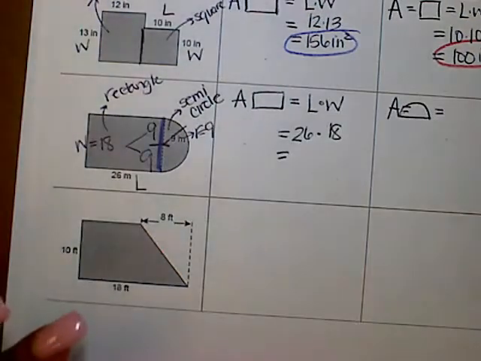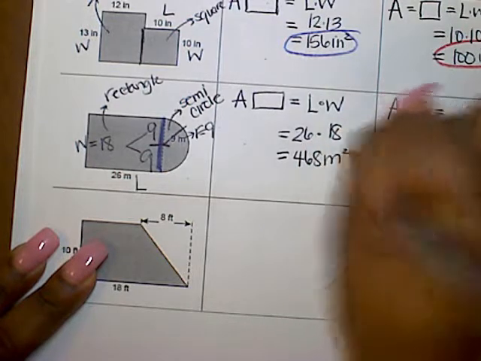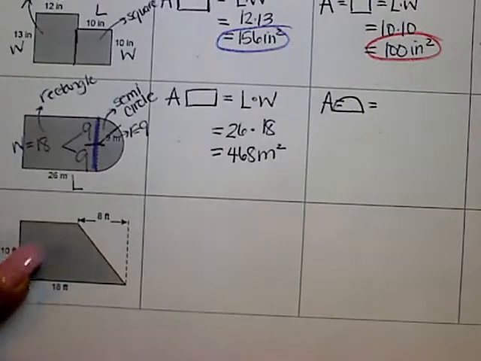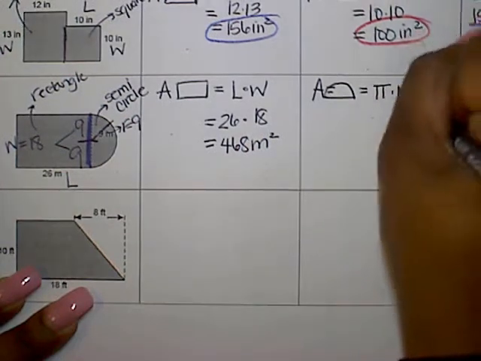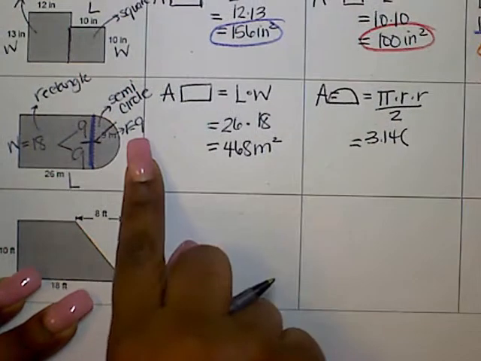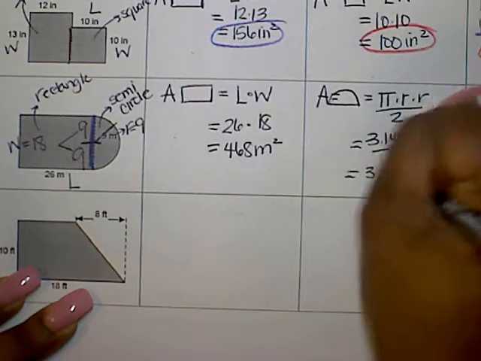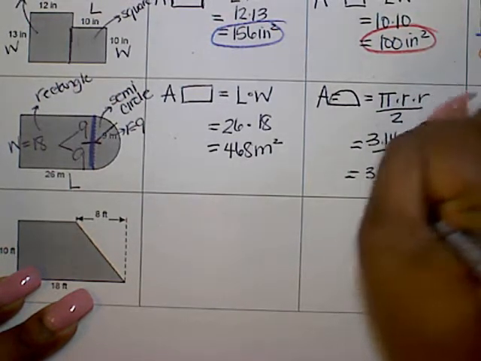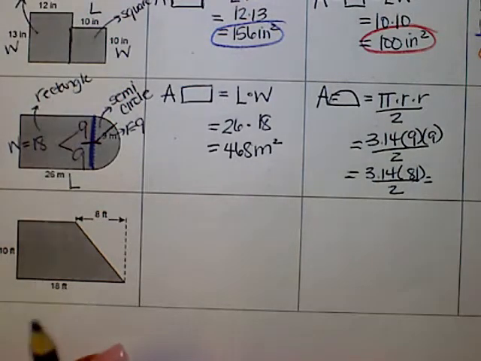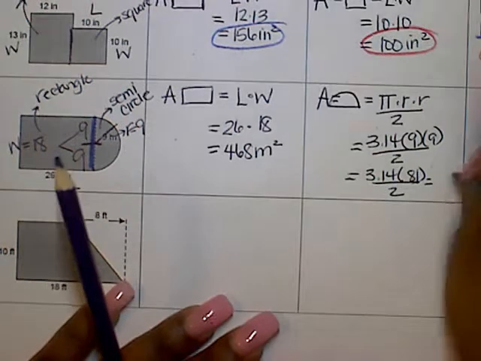And then we're just going to multiply that together. When we do that, we get 468 meters squared. And then we're going to do our formula for the semicircle. Pi times r times r. Remember, it's half of a regular circle, so we divide by 2. We have 3.14. Remember, r is 9. We have 3.14 times 81 divided by 2. And so that's 3.14 times 81, which is 254.34. And we're just going to divide that by 2. And that's 127.17